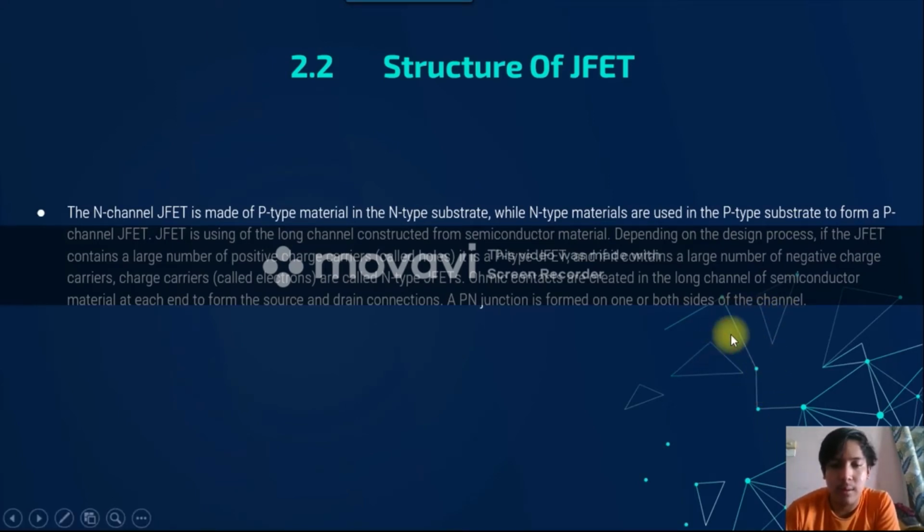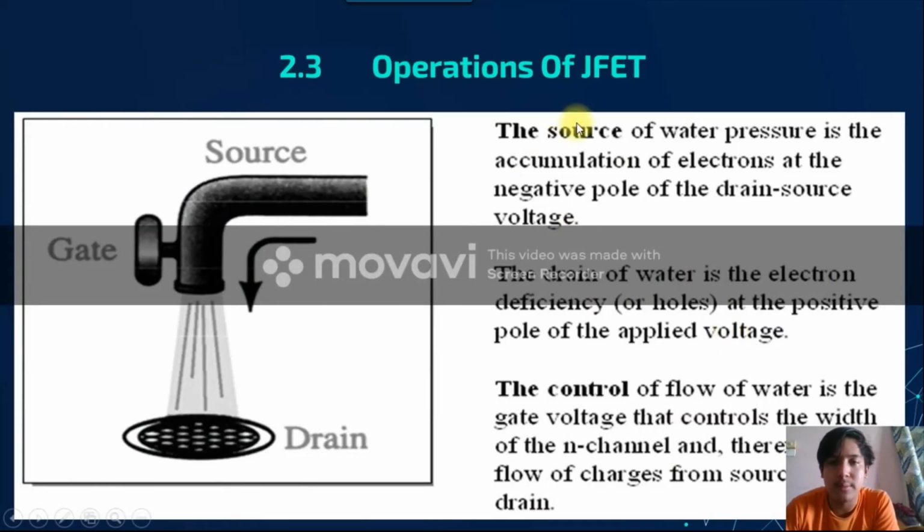Okay. Number three is operation of JFET. The source of water pressure is the accumulation of electrons at the negative pole of the drain source voltage. The drain of water is the electron deficiency at the positive pole. At the applied voltage, the control of flow of water is the gate